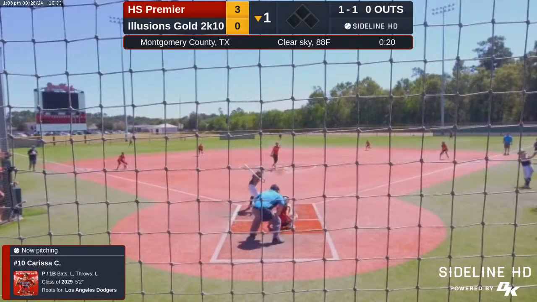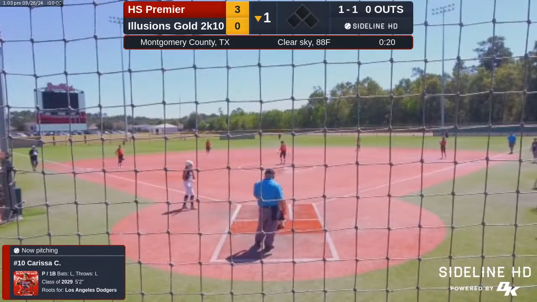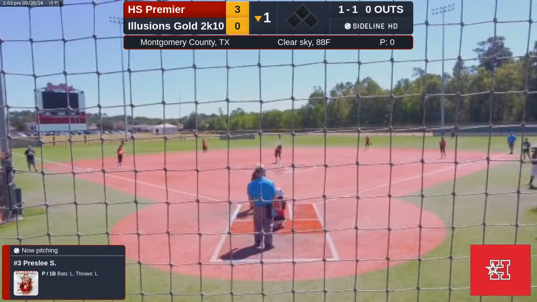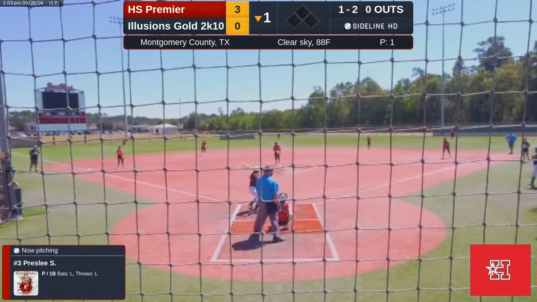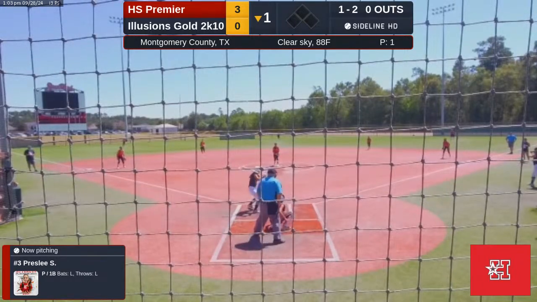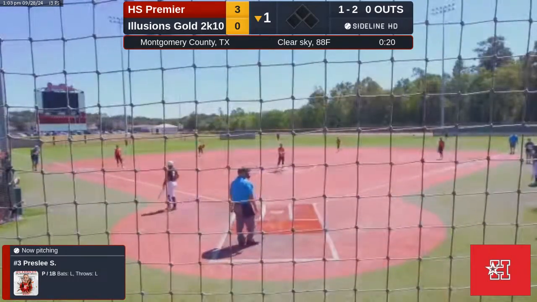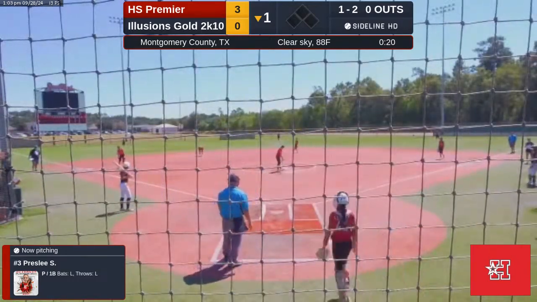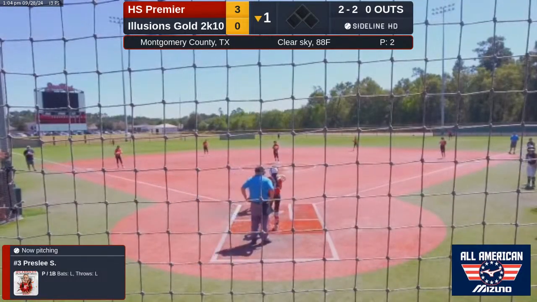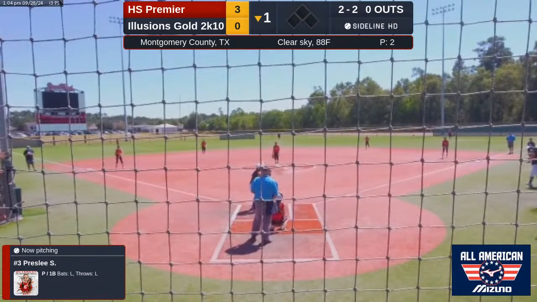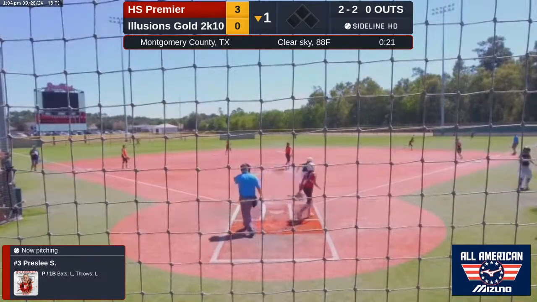Presley Sandell is in the circle. Pitches down into the backstop. Ball is hit into right field.